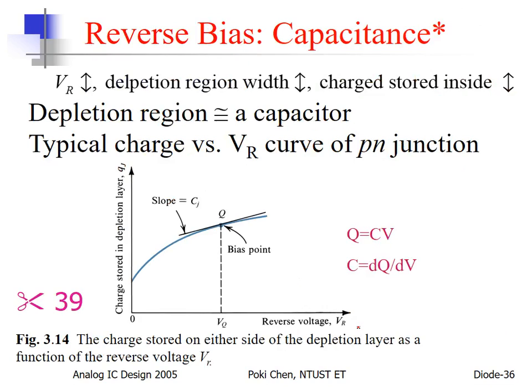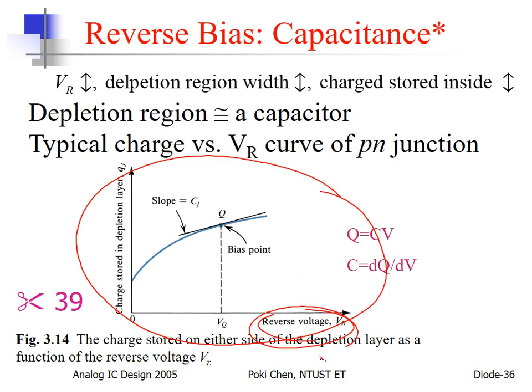All right, and then let's look at the equivalent capacitance, because this is really important for your IC design in the future. Parasitic capacitance always slows down your operation, so you had better reduce it. So this is the overall structure for you. Here, this is a reverse voltage. If we are talking about reverse bias, from the very beginning,